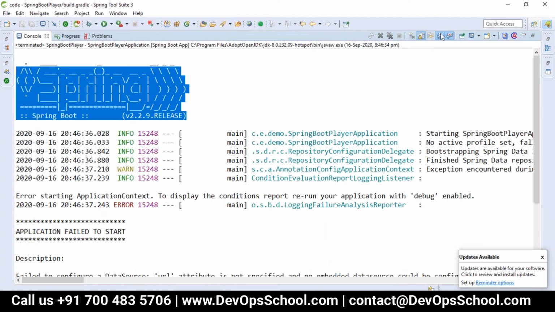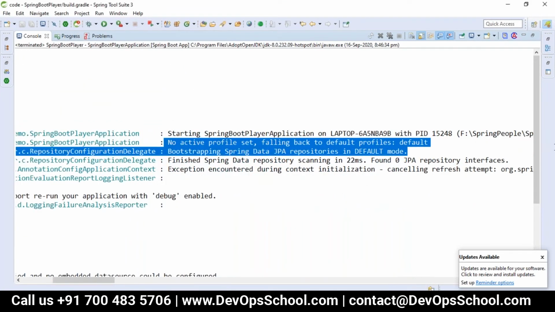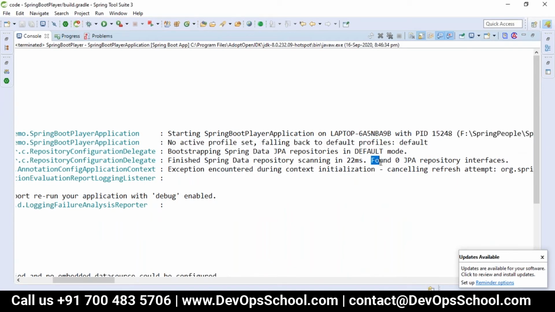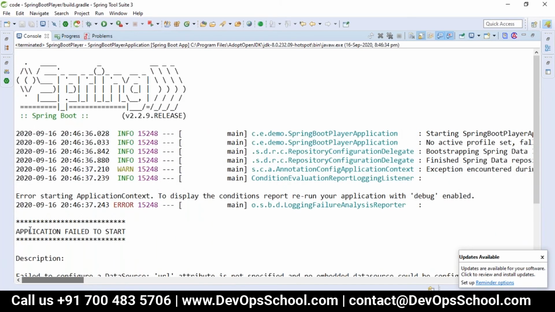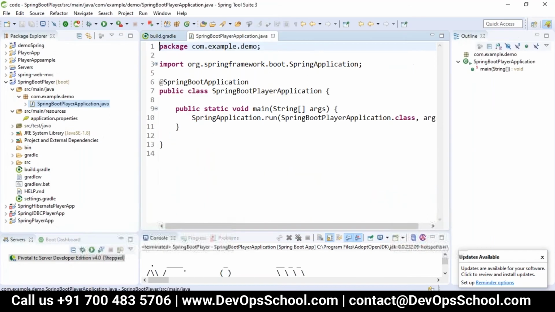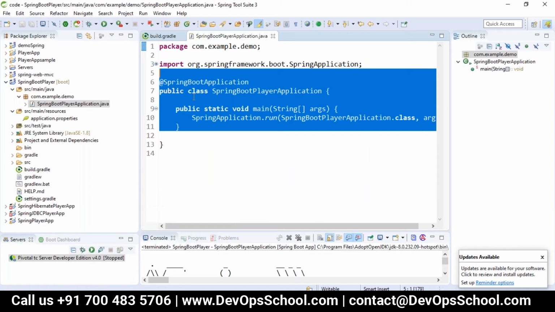You can see it is showing no active profile set, found 0 JPA repository interfaces, cancelling the refresh attempt, and an error starting the application context. We have not written any application context code. We just created the project.